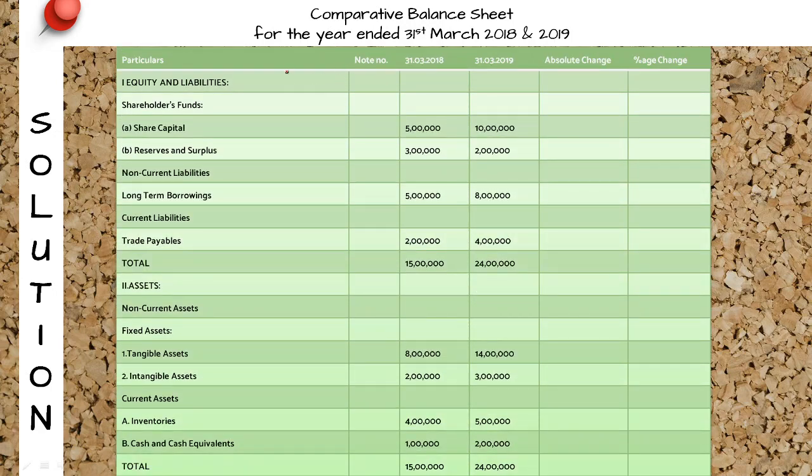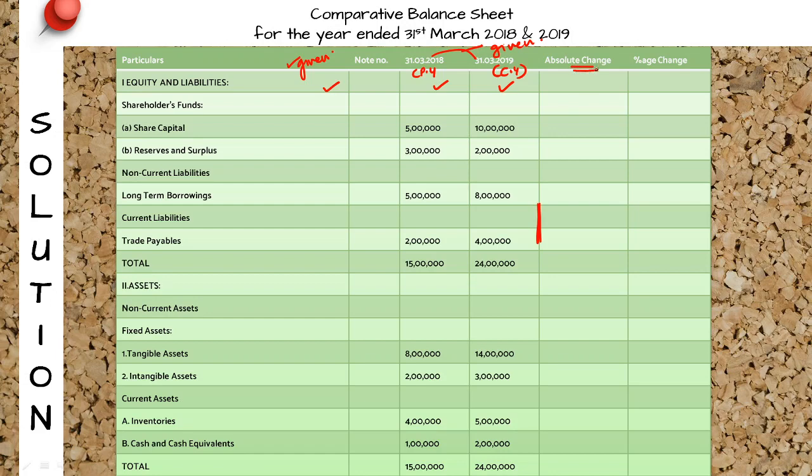So in the comparative balance sheet, what did I do? I just noted down all the particulars that were given in the question. Then 2018 is the previous year and 2019 is the current year. Both of these things again were given in the question. So I simply copied these three columns here. In the question, the current year was given first, but I have written it afterwards. I've written the balances of the previous year first and then the current year. So till here, I have just copied from my question.